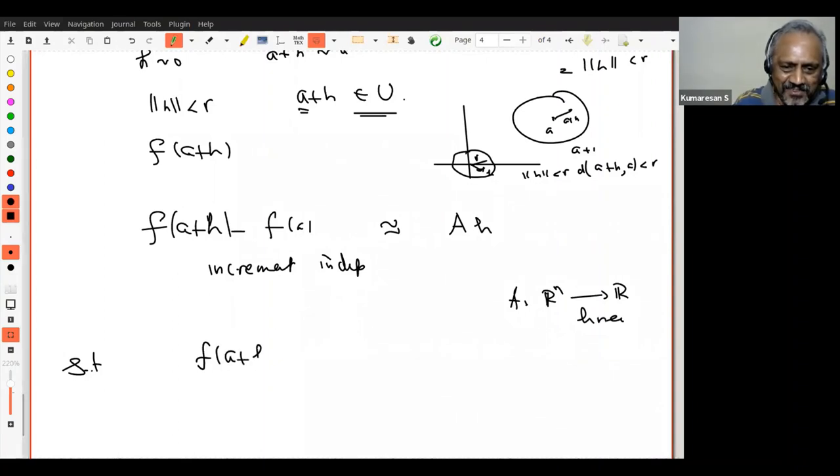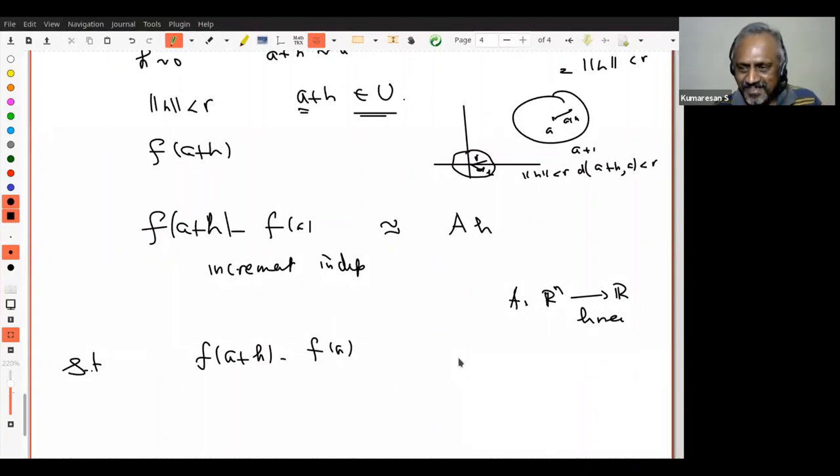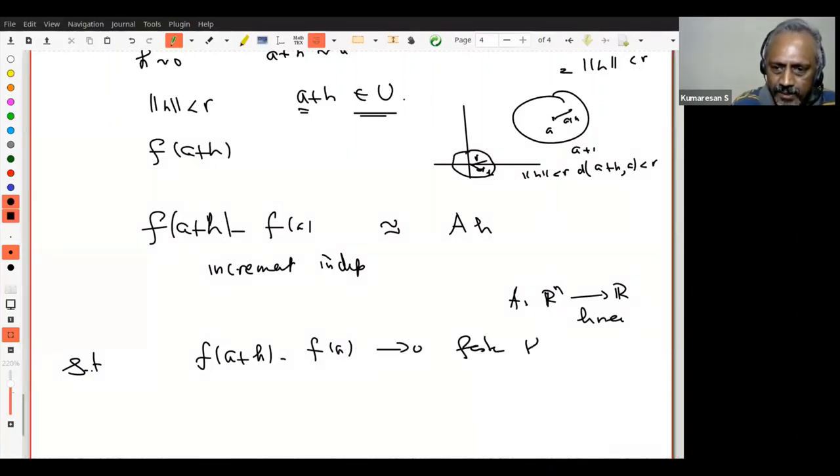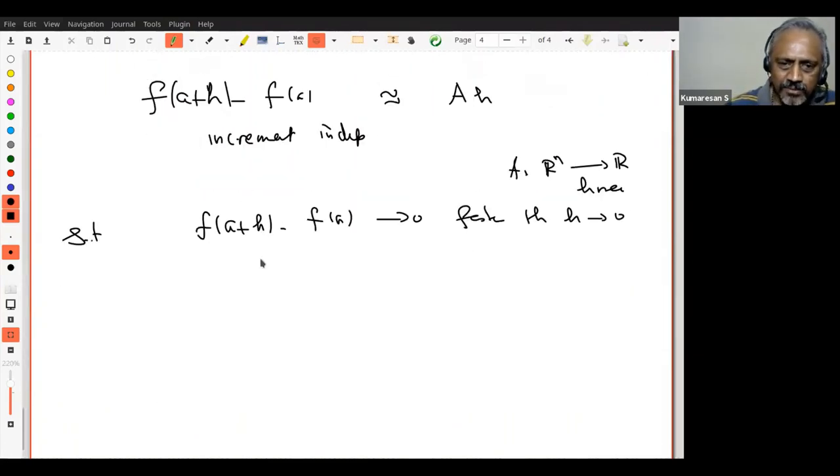Yeah, always, as Einstein said, imagination is more important than intelligence. Okay, so first imagine, then only you can create things. But if you are intelligent, you can only verify things. Okay, this should go to zero faster than H going to zero. Okay, now you can do as another student said. That is, let me write the definition now.